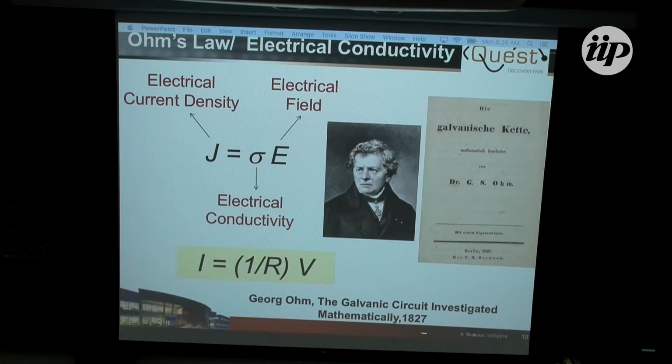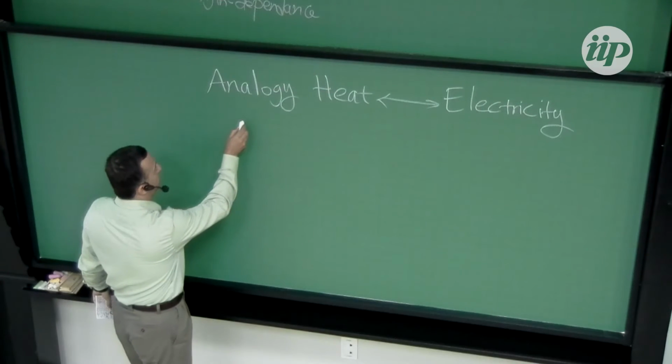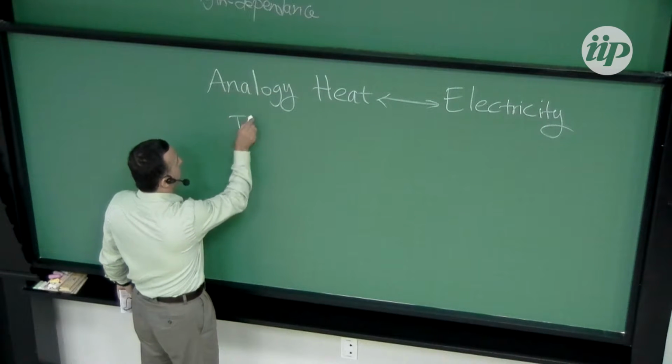Just a couple of years later, Ohm came out with Ohm's law. Correct? And it has a similar kind of behavior. Electrical current density is proportional to electrical conductivity times the electric field. Actually, Ohm credits Fourier. He got the idea from Fourier. He was mostly interested in DC, not transient, but there is a very good connection, everybody knows, between temperature